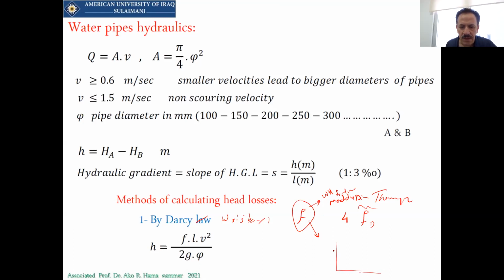We have the friction here, and we have the Reynolds number here, and we have the e over D for the pipes. We have laminar flow up to 2000. From 2000 to above 4000, we have turbulent flow. So we can find the e over D from the pipe diameter and the roughness of the pipe, and it will give you a relative roughness. And the Reynolds number, as we took it in fluids, is equal to rho V D over mu. Then from these two, we can get the value of f.